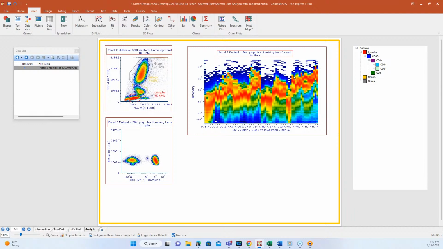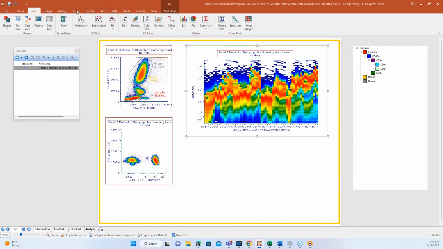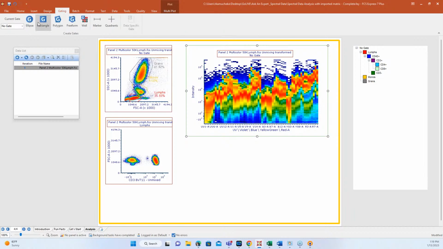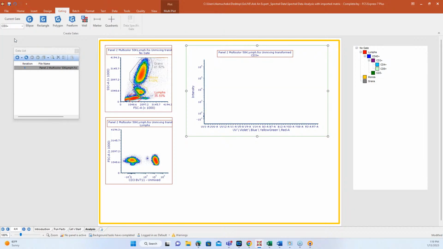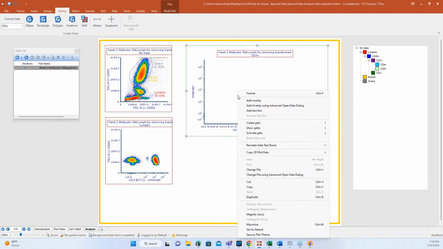And we can probably show here how you can still gate on things. You can take a spectral plot, apply a gate to it, and do all of the things you would do with a normal plot. But I really feel like it adds to the visual effect of whatever reports and presentations you're trying to do. So I just really like that piece of it. I just think it really makes things look nice. Absolutely. That's the same thing. And I'm also kind of a color fan. I love colors, and we get to play a lot with colors here. Let me see what happened here.